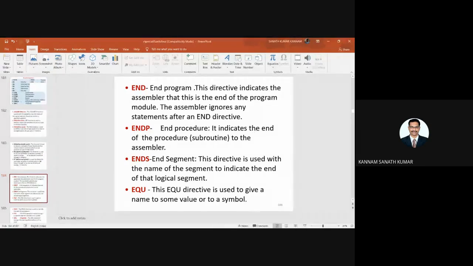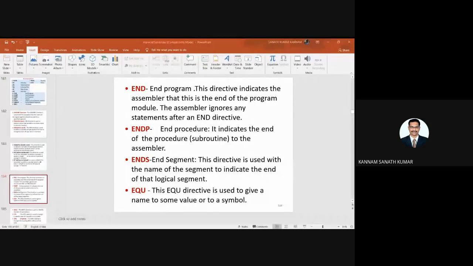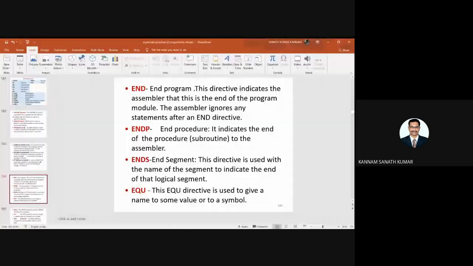Sir, what is your doubt? Ask me. Someone is waiting, sir. Yeah, admit. Admitted. Total 31 students are there. Sir, please check again.